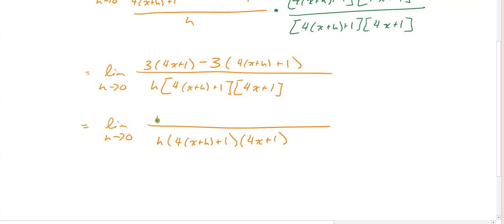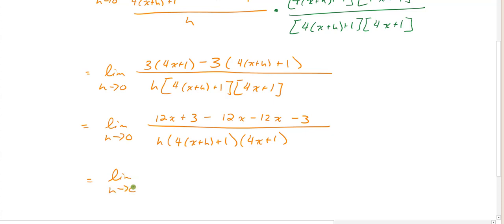In the numerator, notice this is going to give me 12x plus 3. Then I'll distribute this 4 through and this minus 3. So that's going to give me minus 12x. And then we'll have minus 12h minus 3. And if we go ahead and cancel everything that cancels, by adding those out, we're going to be left with